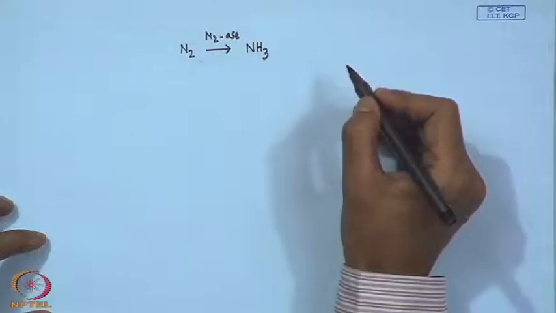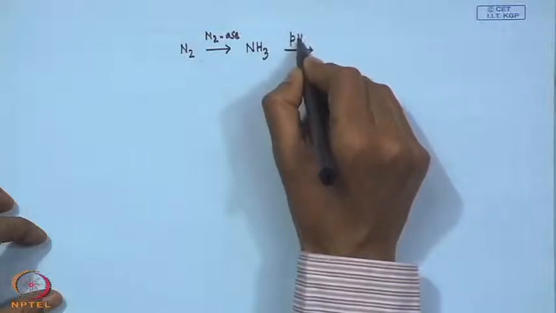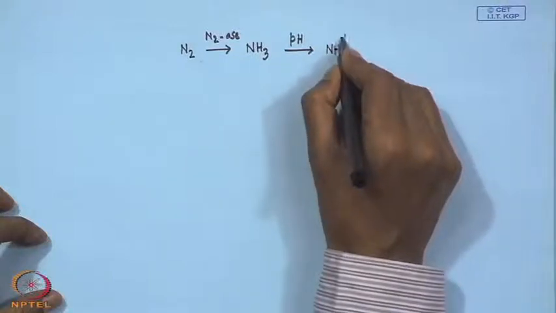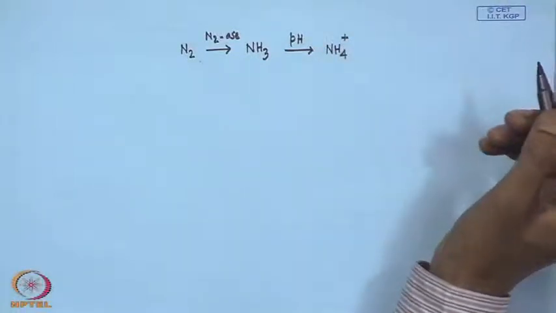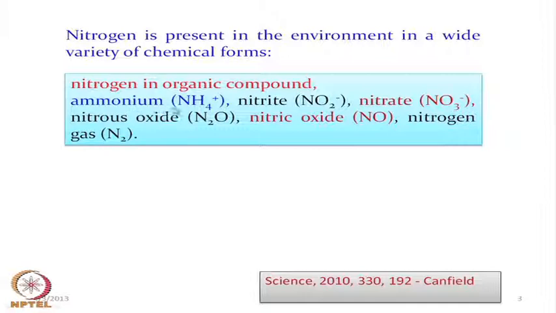With the use of nitrogenase, and depending upon the soil pH, in soil also we should be able to produce the ammonium ion. So, different compounds can form. Very initially we should have the nitrogen in different forms of organic compounds. If nitrogen is present in the form of urea, that is one form. Urea can also be converted to some other organic forms, so different types of organic compounds which contain nitrogen.